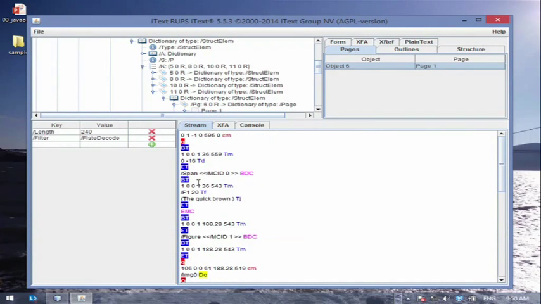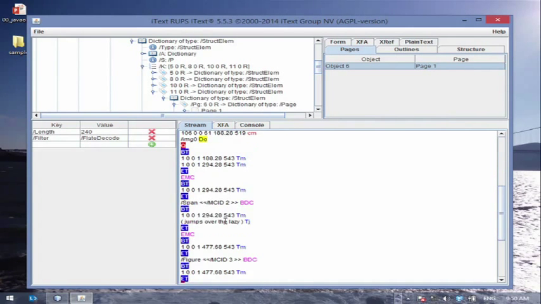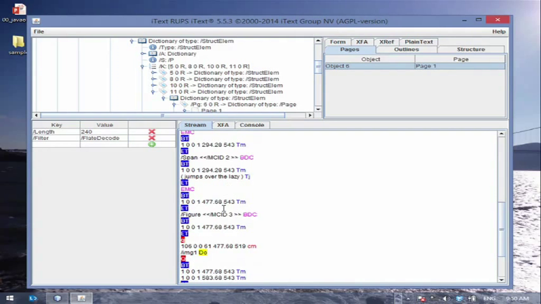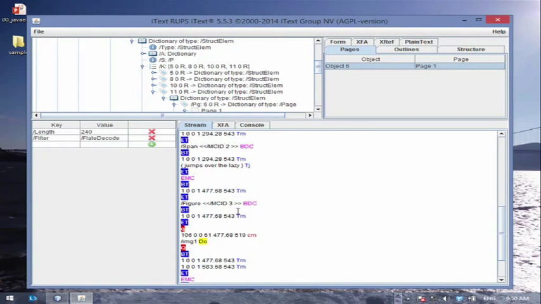We now see that there's marked content. So the quick brown has marked content ID 0. Then you have this image with marked content ID 1. You have jumps over the lazy with marked content ID 3. And finally, you have the image of the, oh, sorry, it was 2, and you have the image number 3.